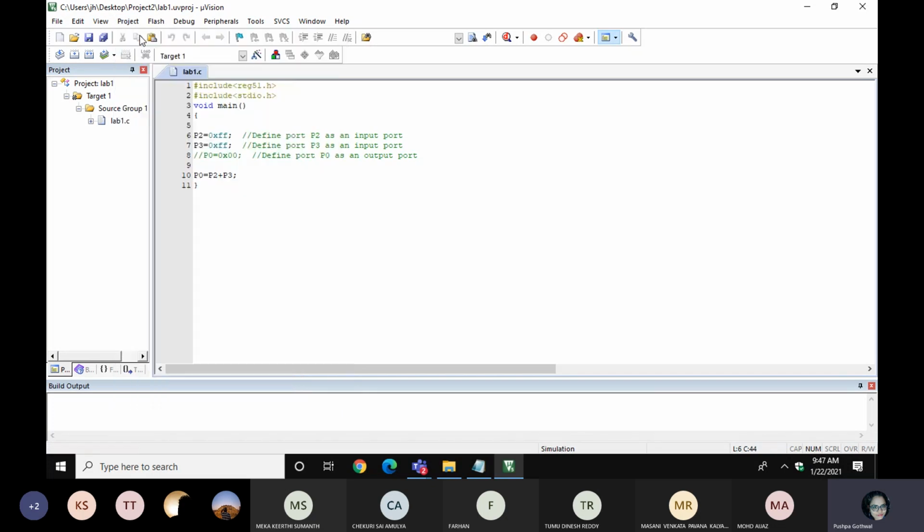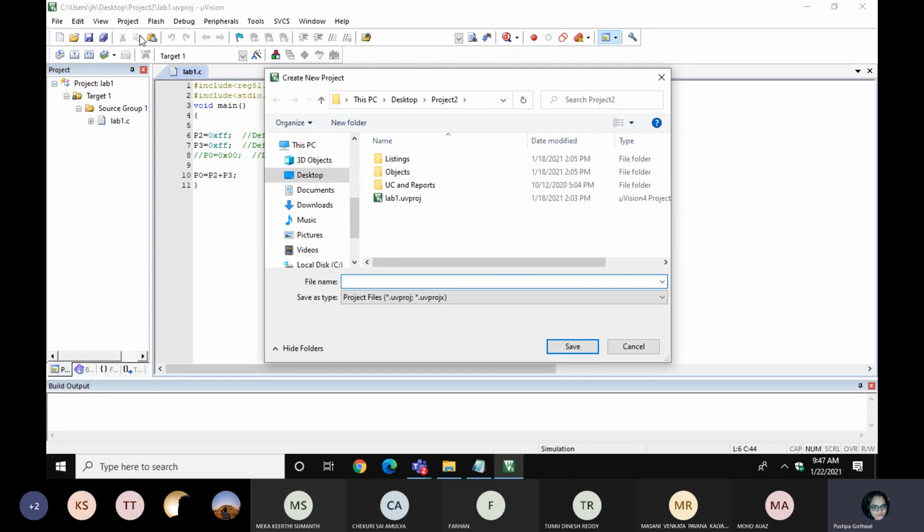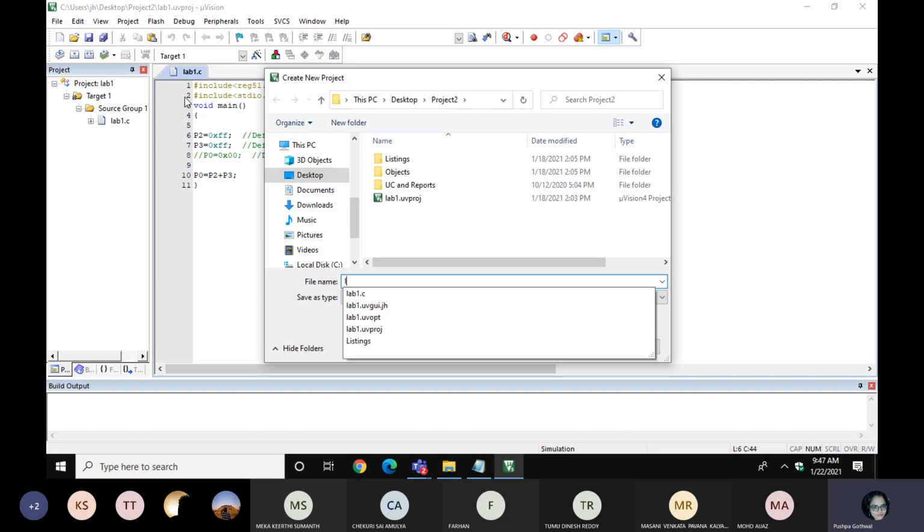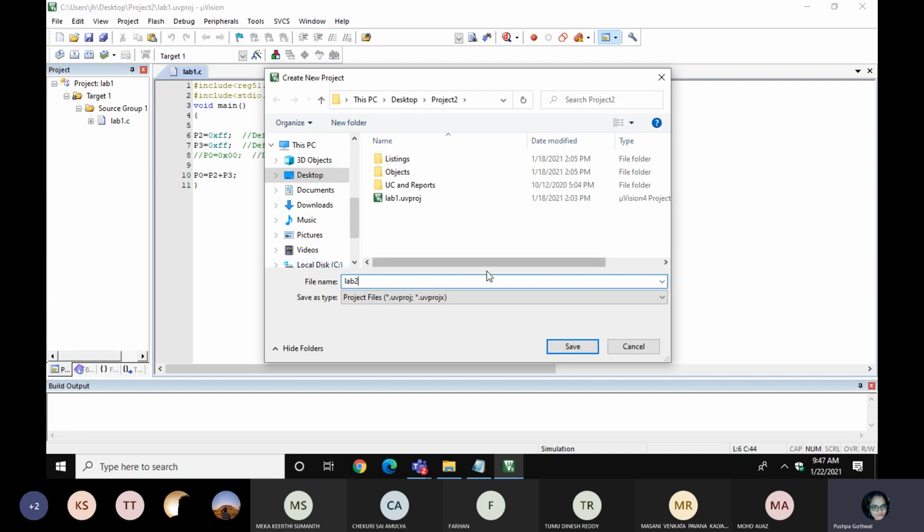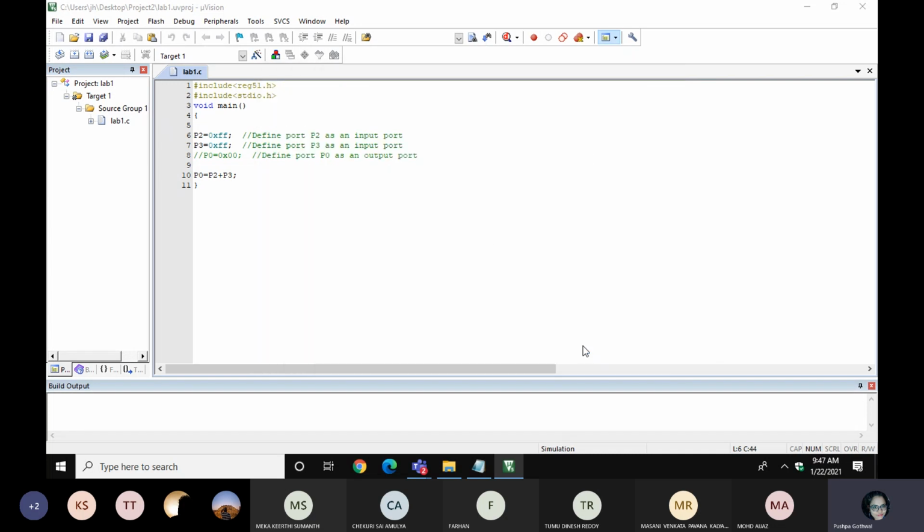Go to Project, New uVision Project, because this is the important part. Why are we doing all this? Because when we are writing code, our target is a very important thing. When we are building a hex file, right now I haven't taught you the hex file. Whenever you are working with the hardware, you have to upload your hex file rather than the C file. So if you are not creating this target properly, your file will be scattered anywhere and you will be searching. That's why I'm telling you, you have to create the folder properly. So it's lab2 save.